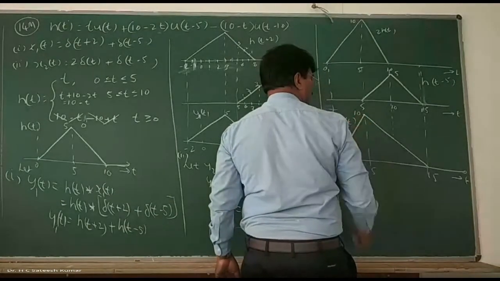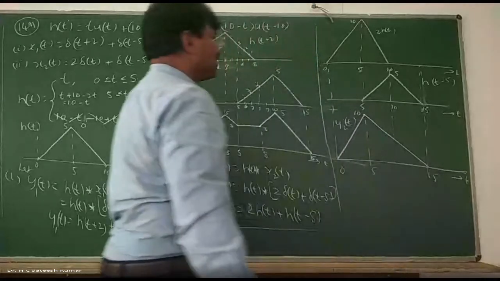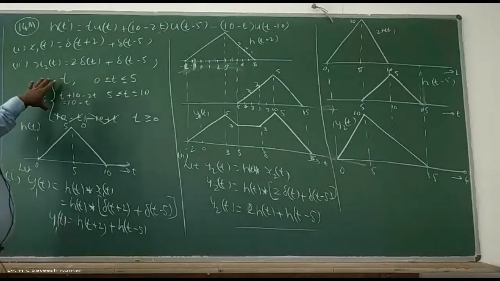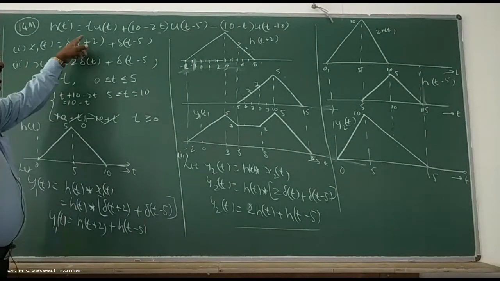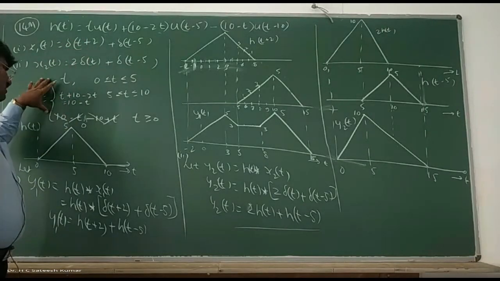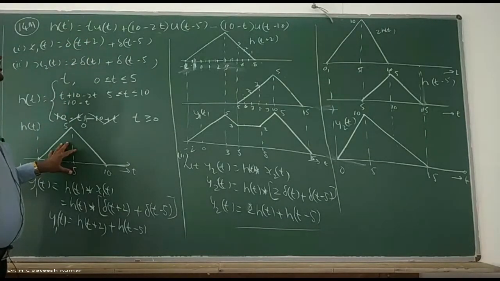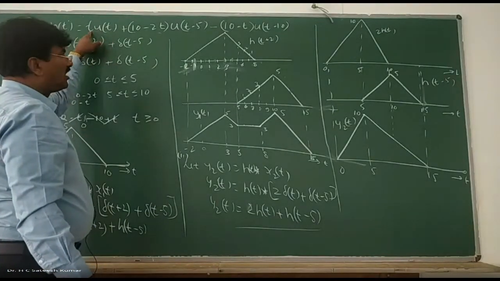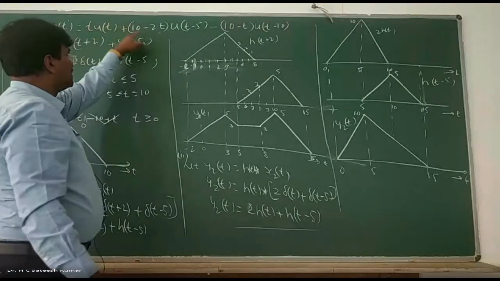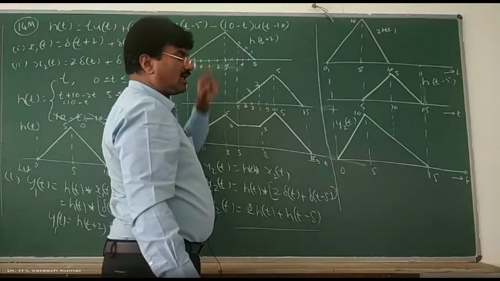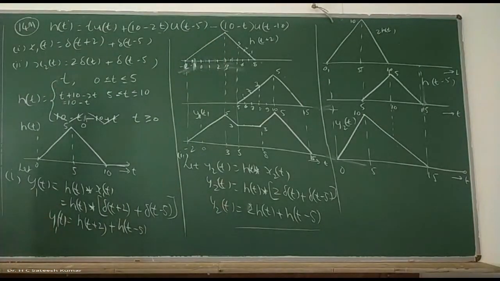This will fetch you 7 more marks, so 14 marks for this problem. The speciality of this problem is the sketching of the signal, because the ramp is given in terms of step. Carefully you should sketch it and write it down in this format, then it becomes very easy. Start from 0, its value is t, and from 5, add these two and write it. Next, from 10, add these two. Like that, you should do it. That's how we should do the problem. This is one of the standard problems that we have seen.